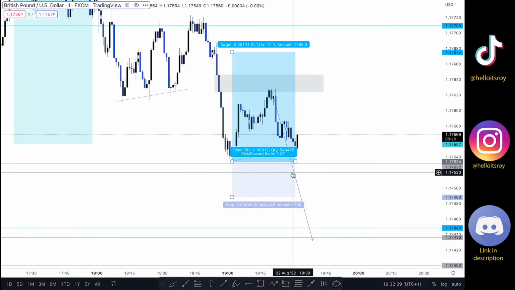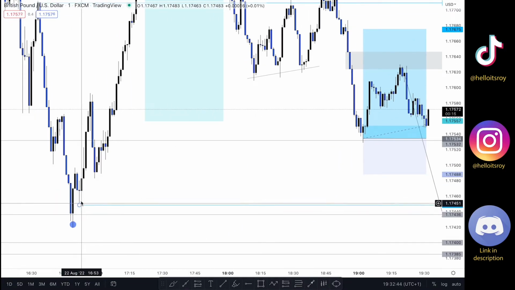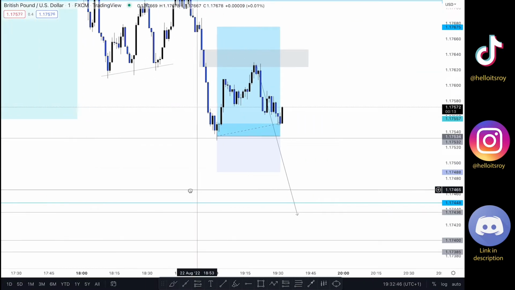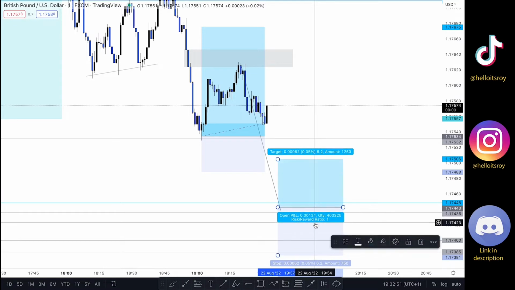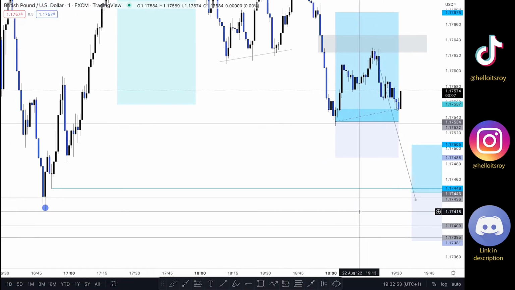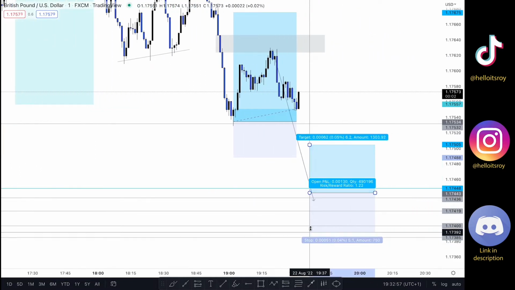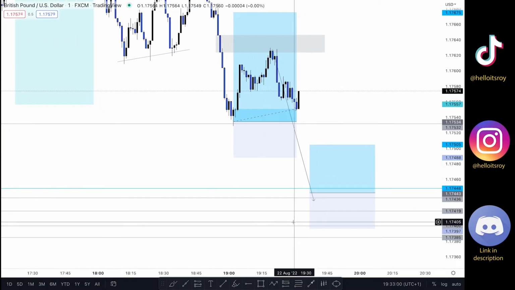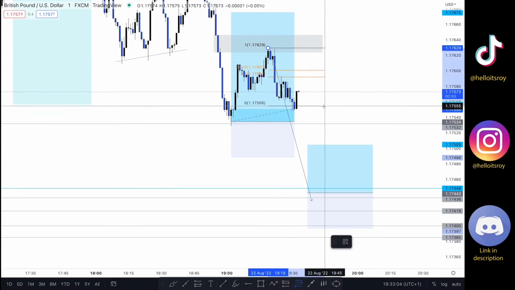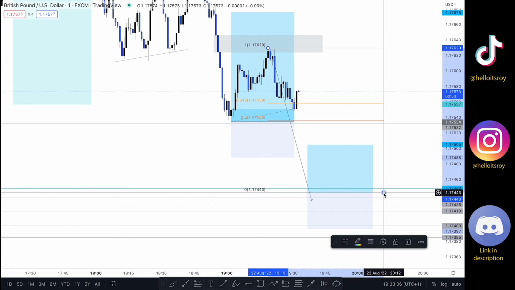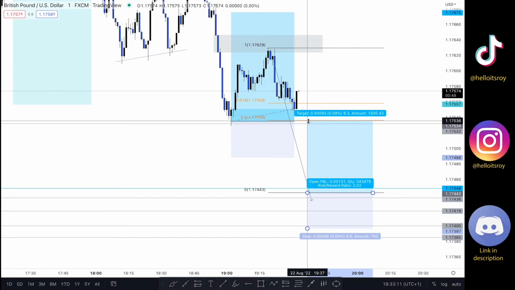Now guys, as the market is going through to the downside, I'm going to wait for the market to tag into this area right here, take the stop losses below it, and then retrace a little bit through to the upside, and then I'm going to be entering right here, placing my stop loss just below the swing low right here. Let me just draw a line, placing my stop loss almost here like that, and then I'm going to be targeting almost 50% of this push right here through to the downside. So from here to here, 50%, this is almost going to be a 1 to 2 risk to reward ratio trade.